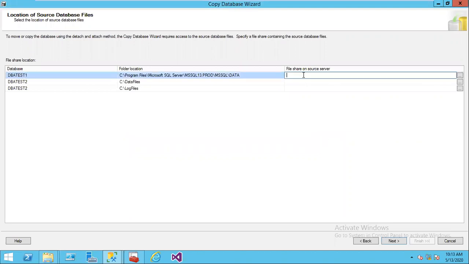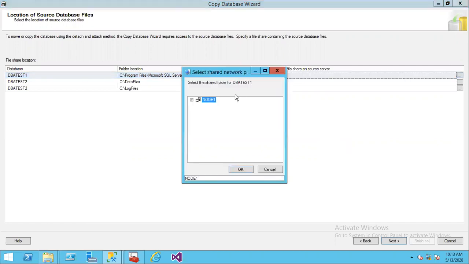File save. I think for doing this one, we require the save file. Let me use the